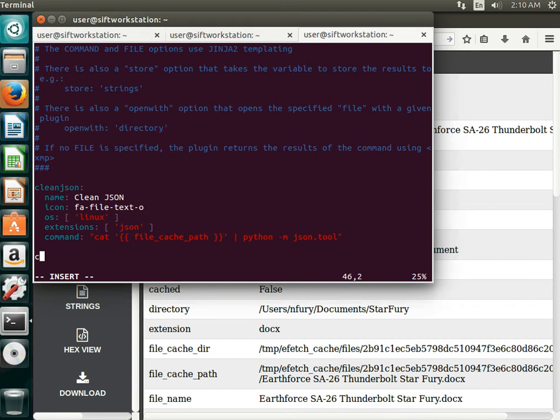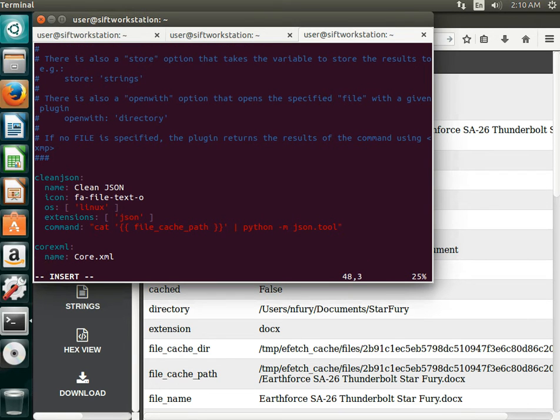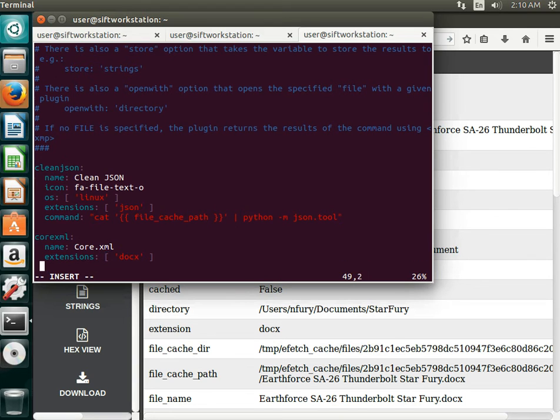This one's pretty basic. All it's going to do is show me that core.xml file that's in Office 2007 documents. We'll just call it core.xml. I don't want to get too advanced with it, so we can just set extensions. You can also do MIME types. We'll just say docx for this one. And then we just need to give it a command. The command in this instance, you can Google how to do this. That's what I did. And we're going to do unzip